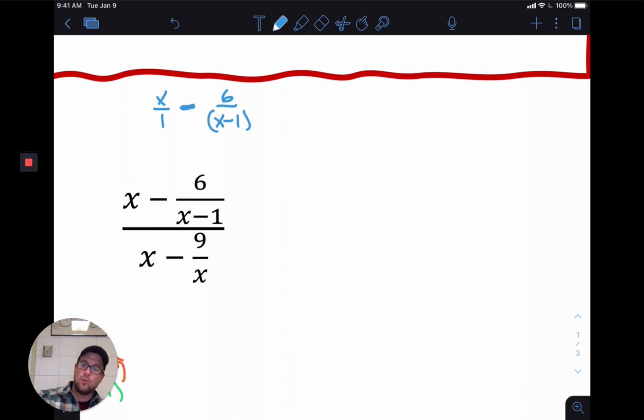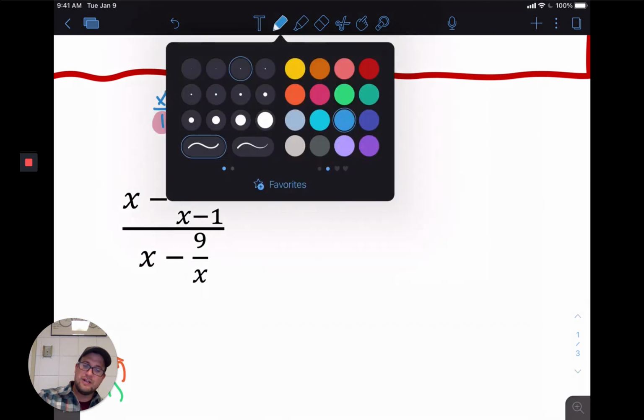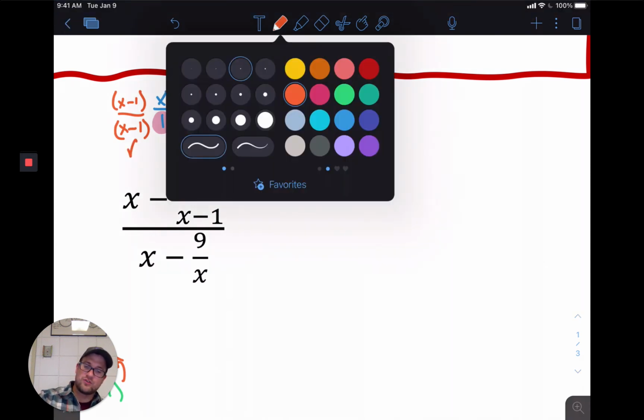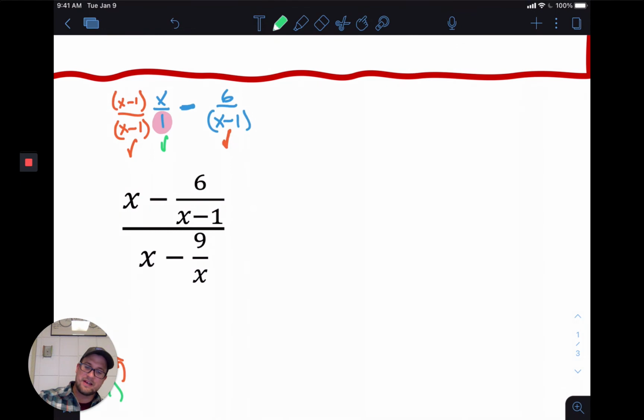Now we know the 1 in front here isn't going to make too big a difference, but we do need to account for the fact that the first fraction does not have an x minus 1. So we're going to multiply by x minus 1 times x minus 1. If you wanted to think about the fact that that first one has a 1, you could multiply the second fraction by 1 over 1 as well, but we do know that that won't change it. Now, working through this,